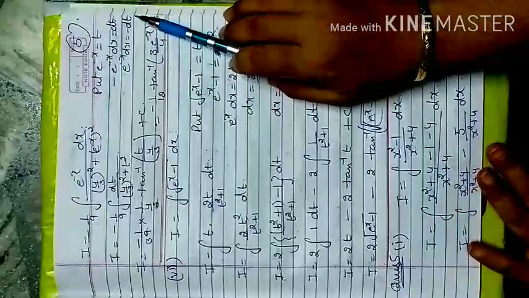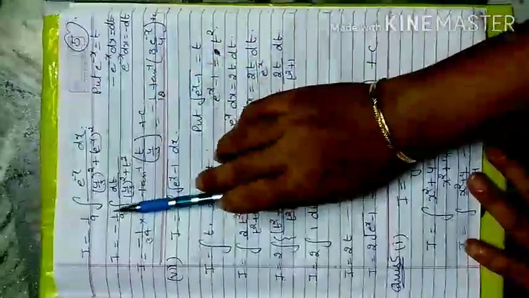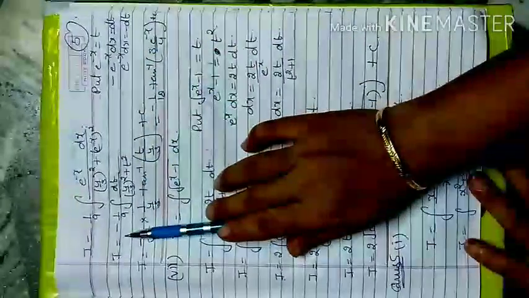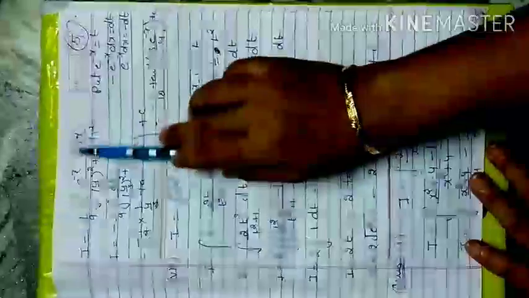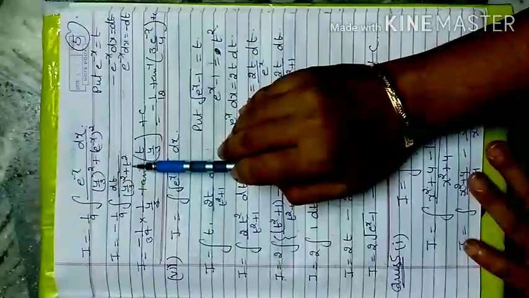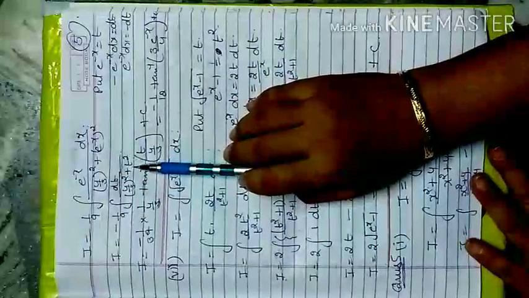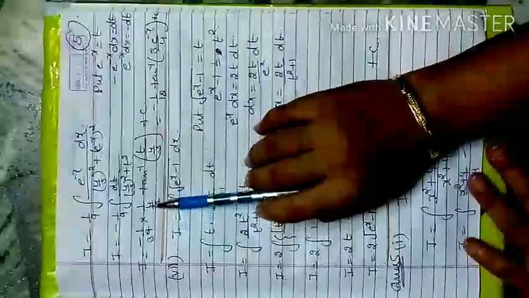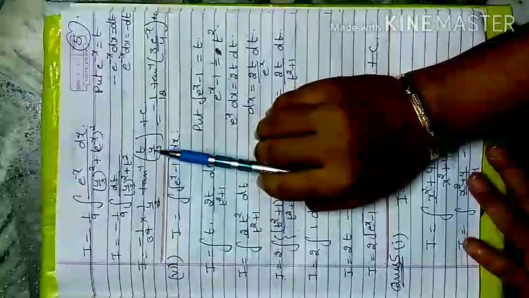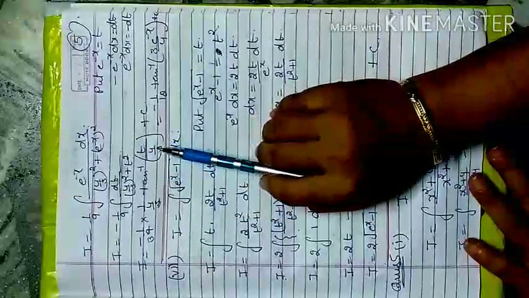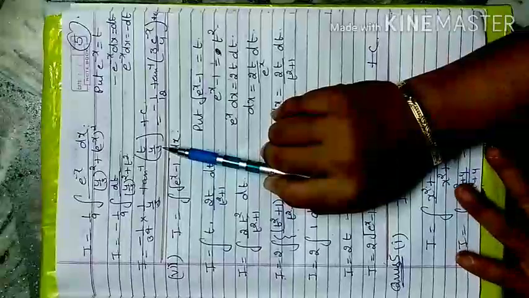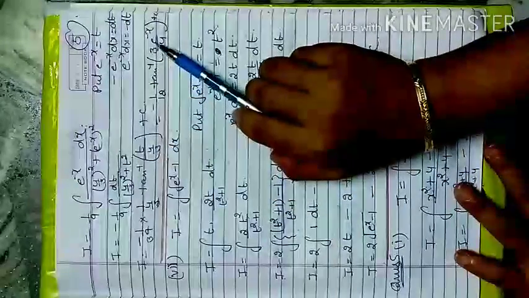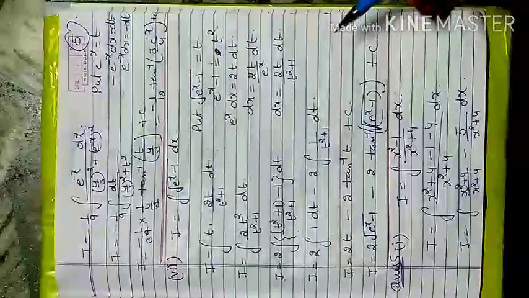Now you change all the terms x to t, minus 1 by 9, this negative sign take it outside, 1 by 9, the numerator changes to dt upon 4 by 3 whole square plus t square. This is again x square plus a square form. So 1 by a tan inverse x by a, in place of x there is t, and in place of a there is 4 by 3. Then t replaces back to e raised to power minus x, that is your required answer.